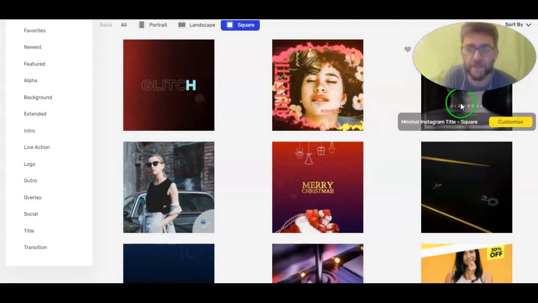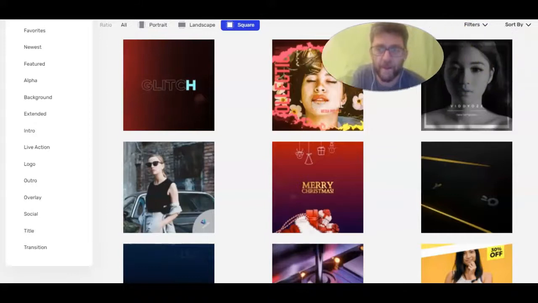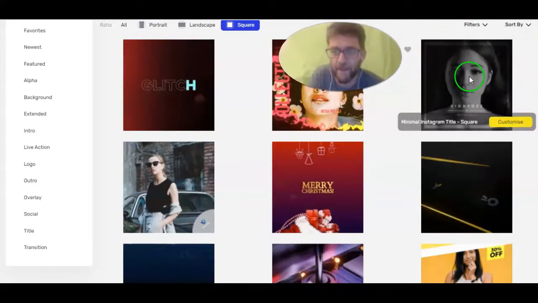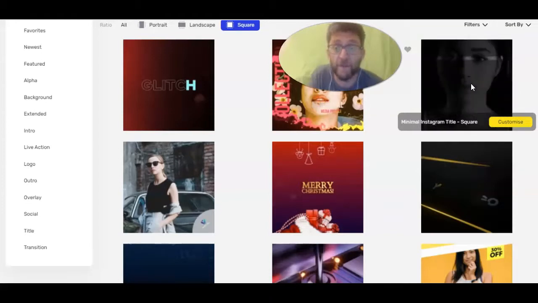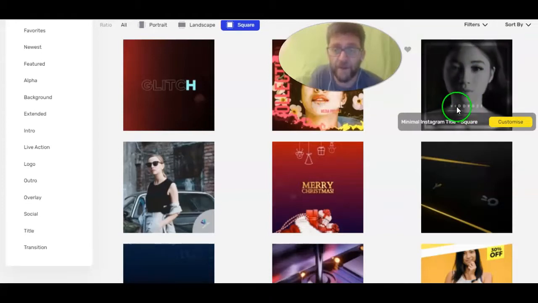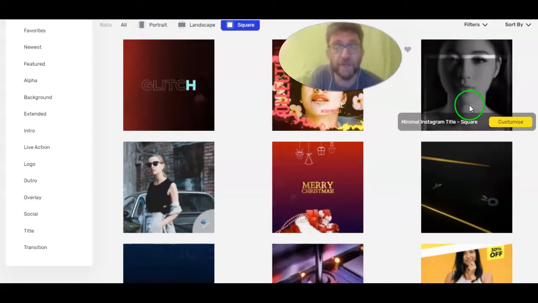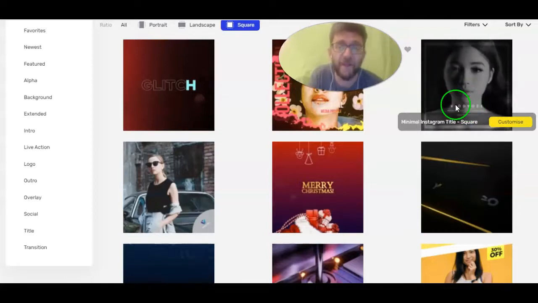You can see, I mean, this is a great one here. Let me just move me out of the way. Let's just look at this one here. I mean, that is very simple. It's only using a photograph. It's not even using video. Just with a nice frame, a kind of modern font, which again you can change, and you can see that just advertising a song, an album,